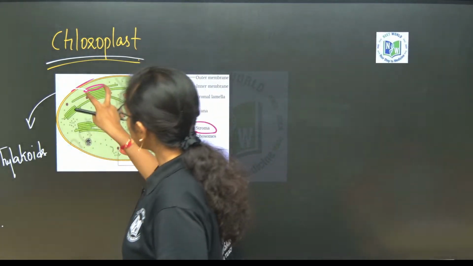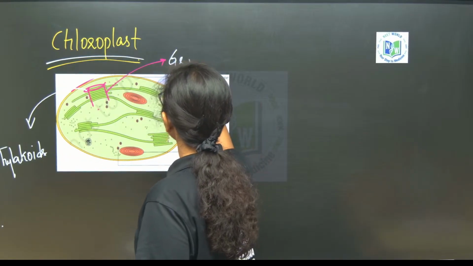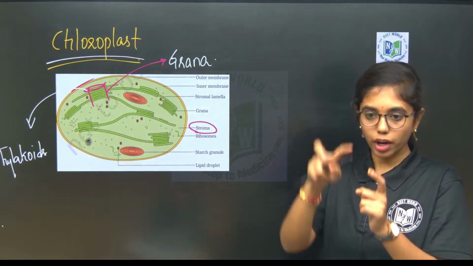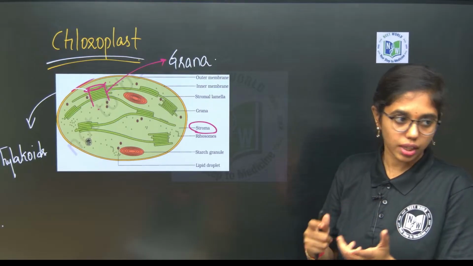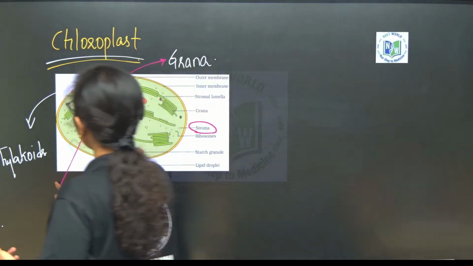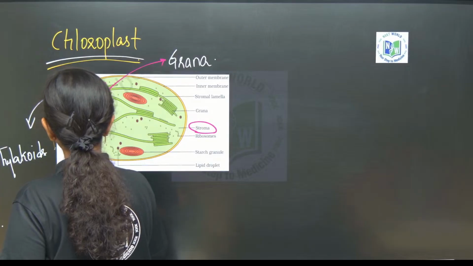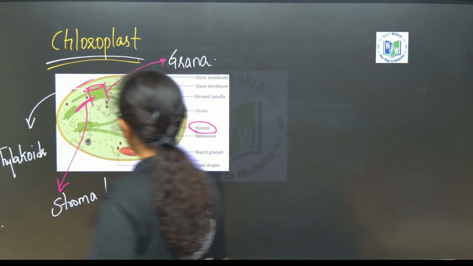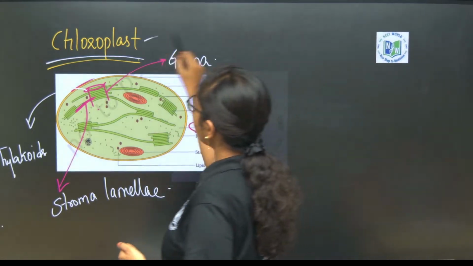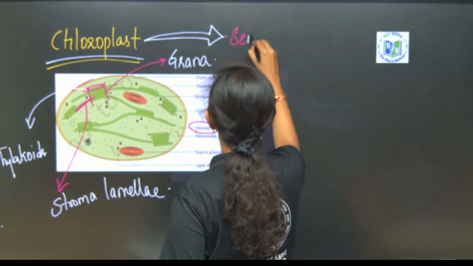The stack of sac like structures is grana. Stack of sac like structures is what? Grana. Membranous sac like structure is thylakoid. Stack of those sac like structures is grana. One grana is connected to the other grana by what? Stroma lamellae. One grana is connected to other grana by stroma lamellae. Clear till here, right? Now, chloroplast and mitochondria, these two organelles are popularly known as semi-autonomous organelles,